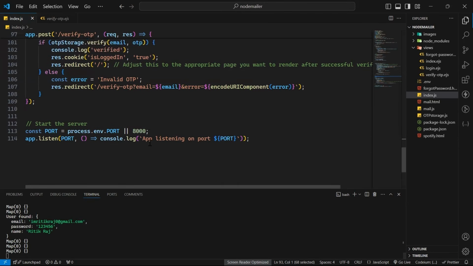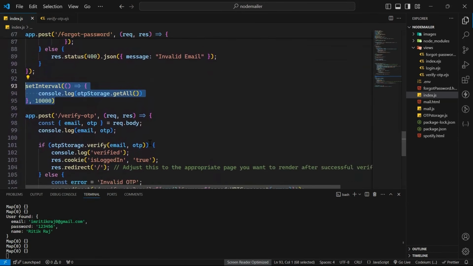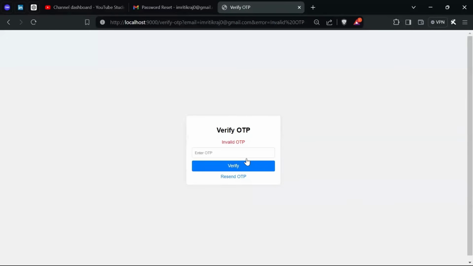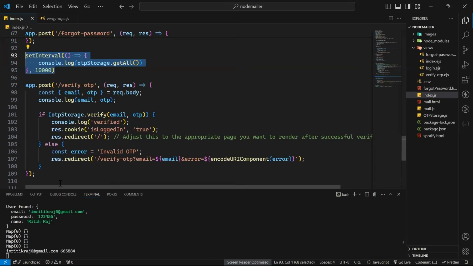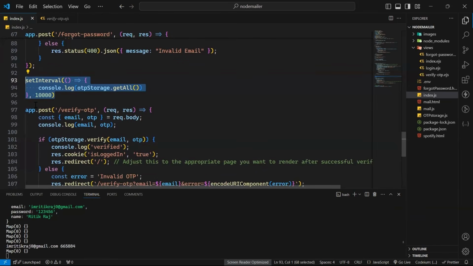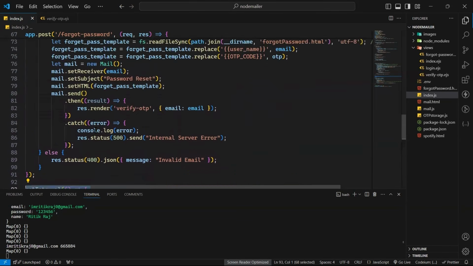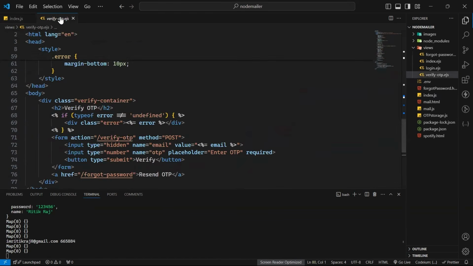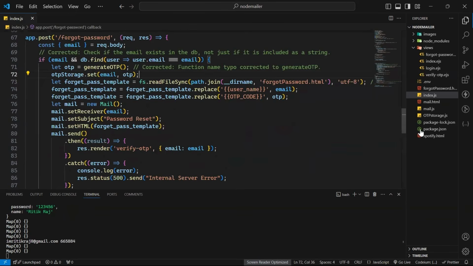अभी चलते हैं इधर, देखो अभी। अभी यहाँ पे क्या हुआ, यूजर फाउंड हुआ लेकिन मैप में हमारे कुछ मिल नहीं रहा है, ठीक है। ऐसा क्यों हो रहा है, चलो देखते हैं पहले एक बार वेरीफाई पे इंटर करके। तो इनवैलिड ओटीपी बता रहा है, ठीक है, इसका मतलब हमारी स्टोरेज में जो मैप में है वो जा नहीं रहा है। ऐसा क्यों हो रहा है, तो चलिए समझते हैं ऐसा क्यों हो रहा है। तो होना ऐसा चाहिए, जब वो पोस्ट हो तो इस पे जाए बॉडी पे, बट जब हम लोग सेंड कर रहे हैं तभी तो हमें स्टोर करना चाहिए। तो इस सेट का प्रॉब्लम है, ठीक है, तो इस सेट नहीं कर पा रहा है।